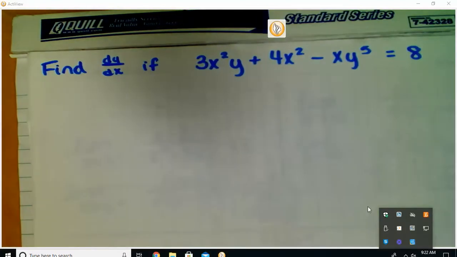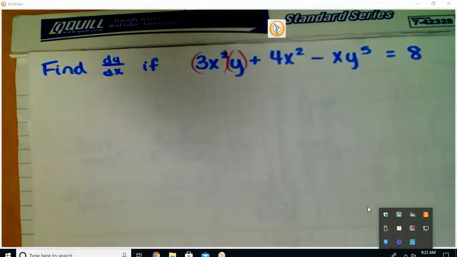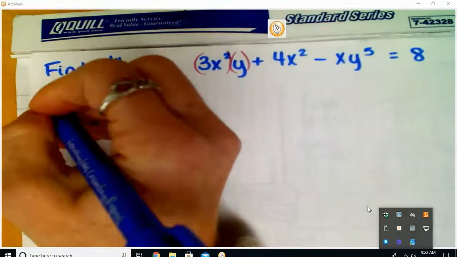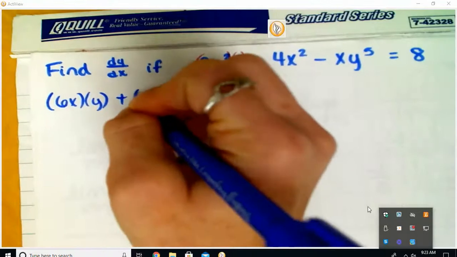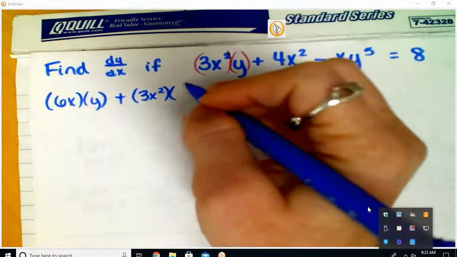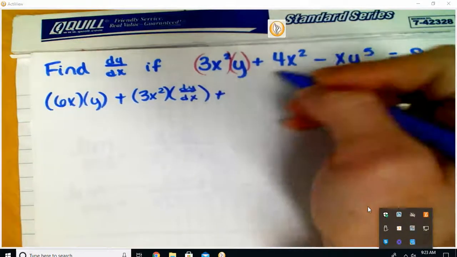On these problems, you have to watch when you need to do a product rule. How many product rules do you have to do in this problem? 2. Okay, so let's start there. If I'm looking at this first one, we have a 3x squared times the y. So I have to do the product rule for those terms. So derivative of the first would be a 6x times the second, plus the first, 3x squared, times the derivative of the second. Derivative of y would be dy/dx, plus derivative of 4x squared,